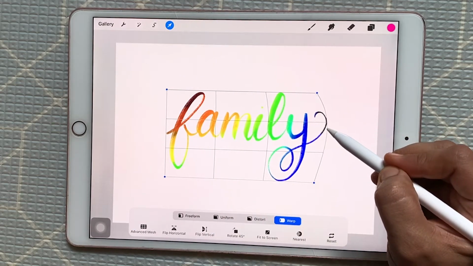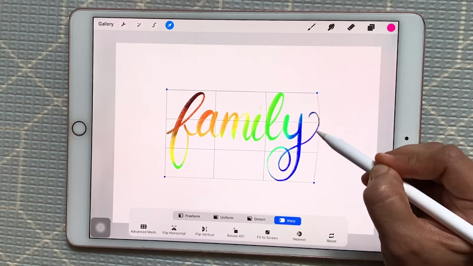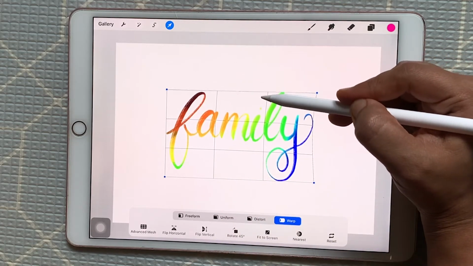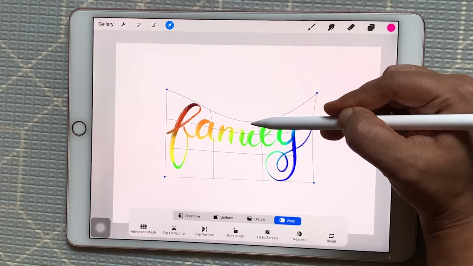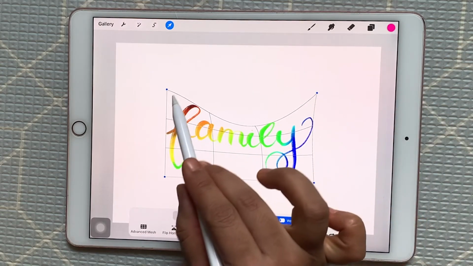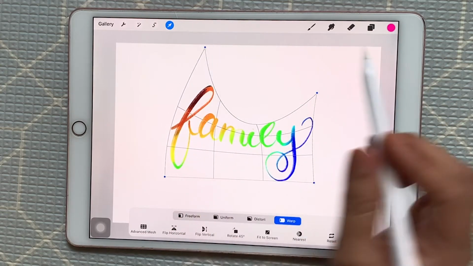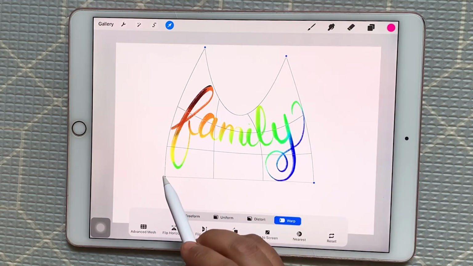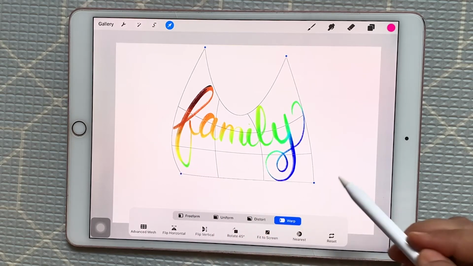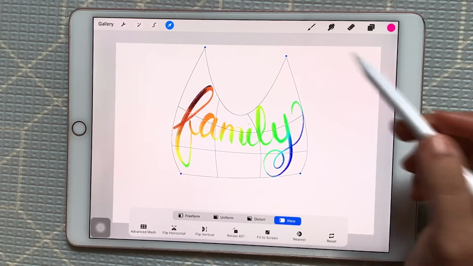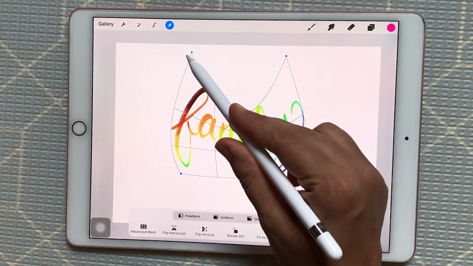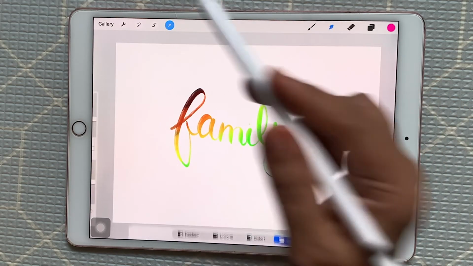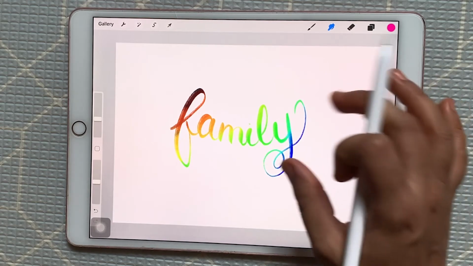Like if I wanted to go up, you can play with this. They have given very nice features. So this is how Procreate works.